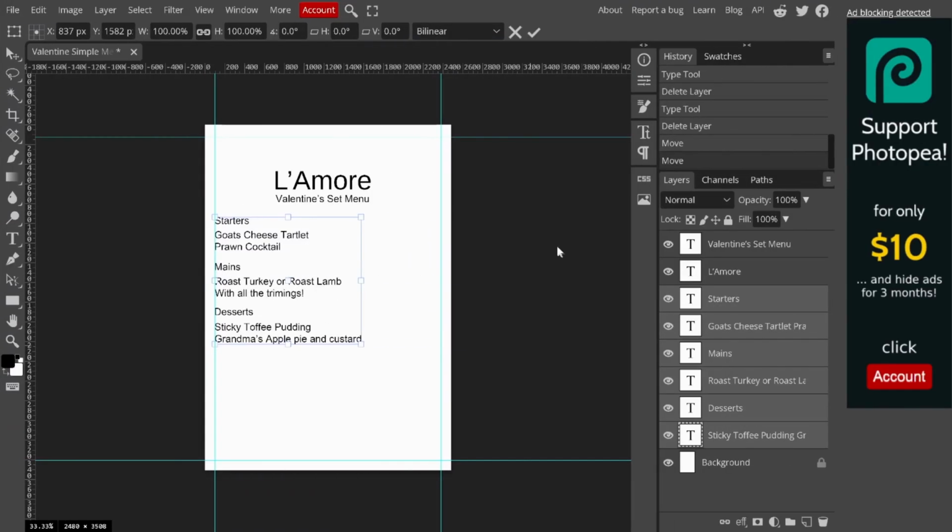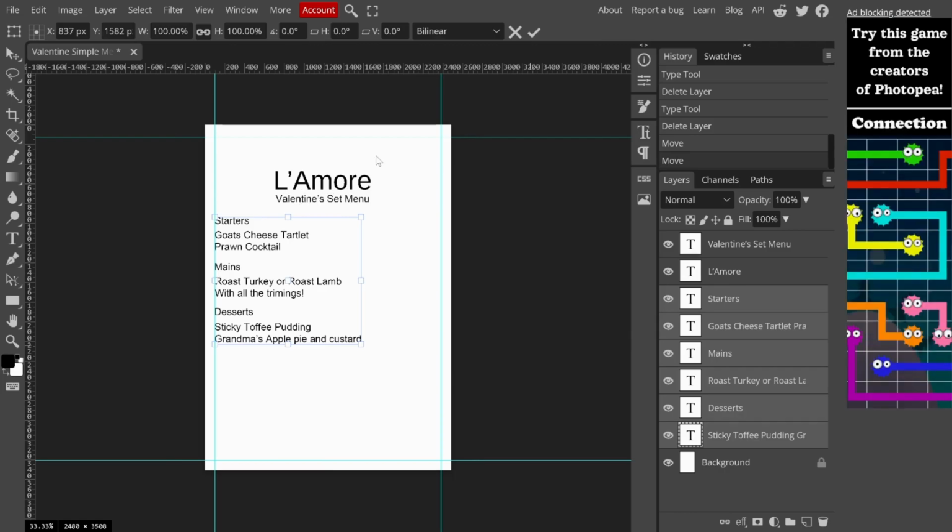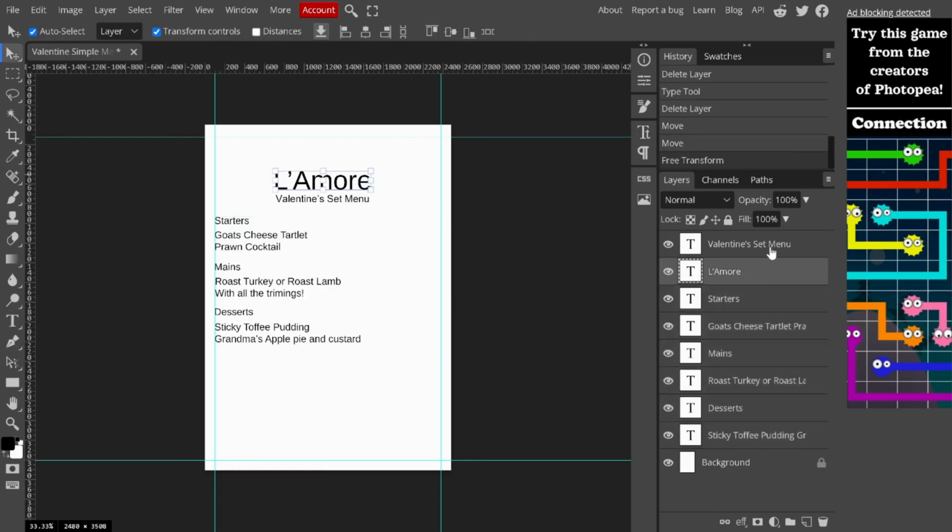Okay, in our previous video we added our guides, and we used the guides to align our text. What we're going to do in this video is change the font style of our text and resize some of it. Okay, so the first thing I want to do is go up to